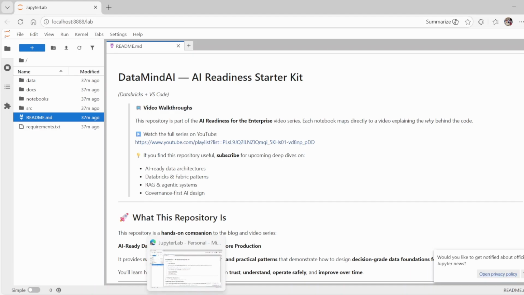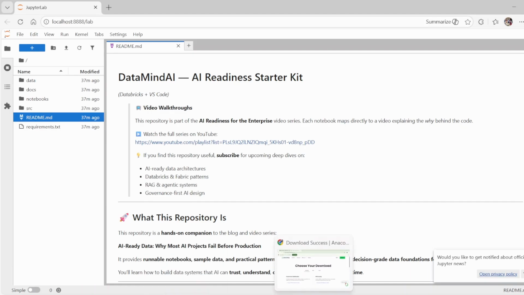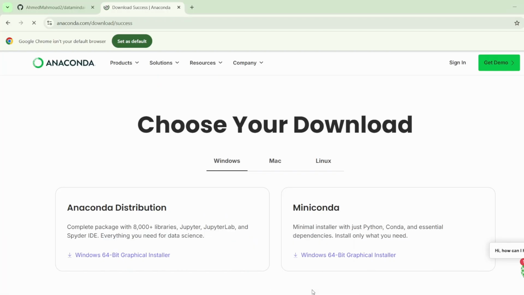installing Anaconda. So first, let me take you to the Anaconda website. If you go to anaconda.com/download/success, of course, you need to sign in or create an account, or if you want to use only Miniconda, though, I don't think you need to create an account. I think creating an account is optional. But you would have two